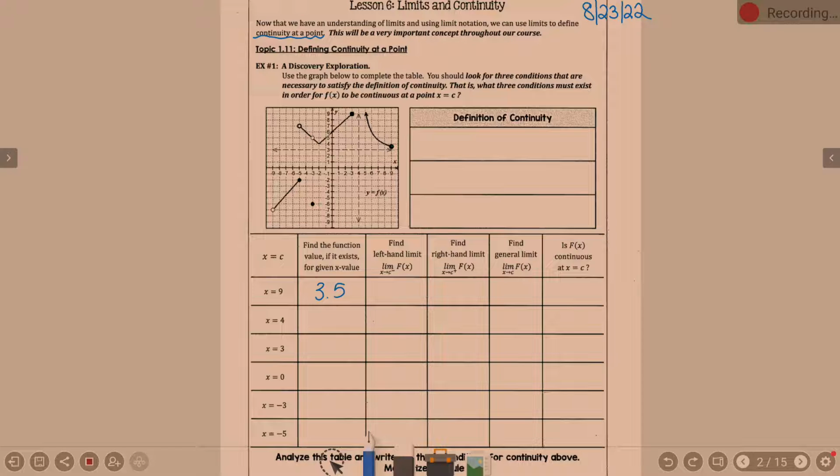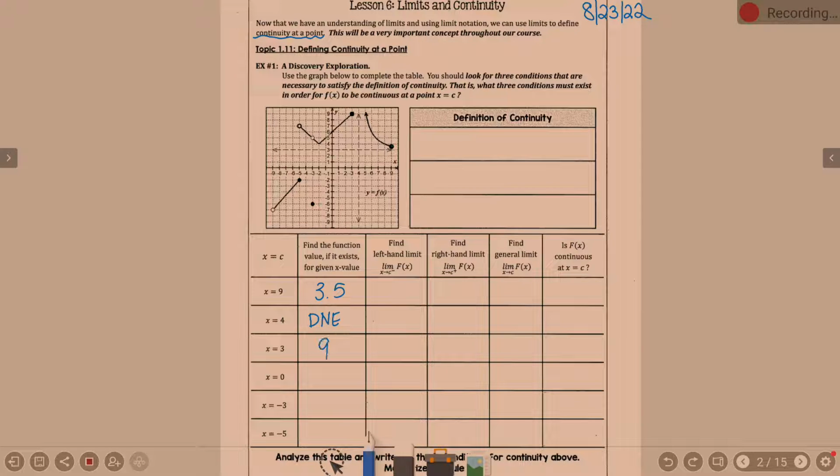When x equals 4, DNE, does not exist. Or you'll often hear undefined. DNE is what she was using to fill in, but undefined is common vocabulary there because there are just no values. When x equals 3,